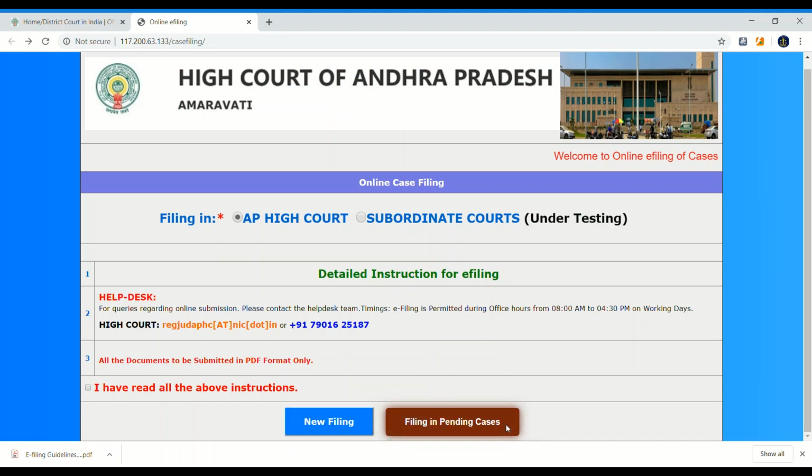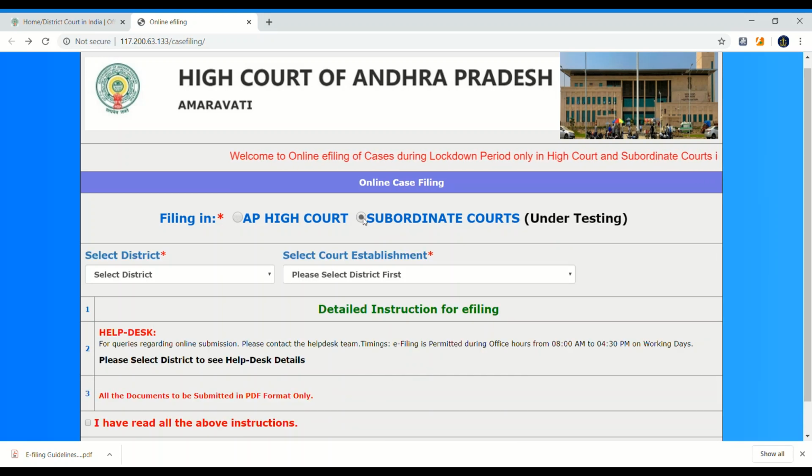Now we are going to file a case through e-filing with an example. So first check subordinate codes. Please tick on subordinate codes and then select the district name.